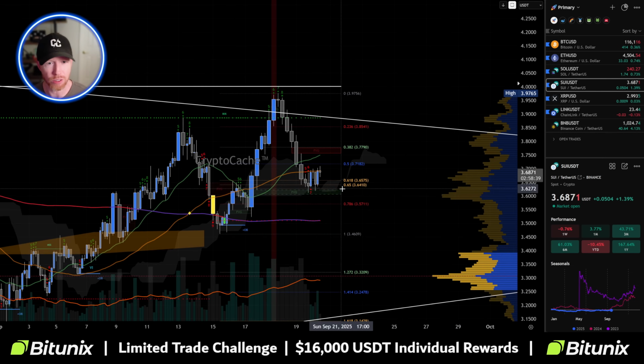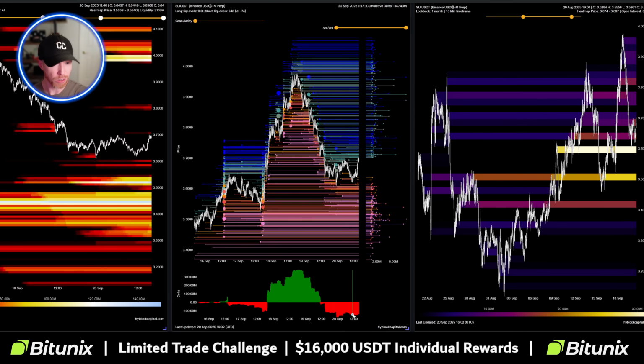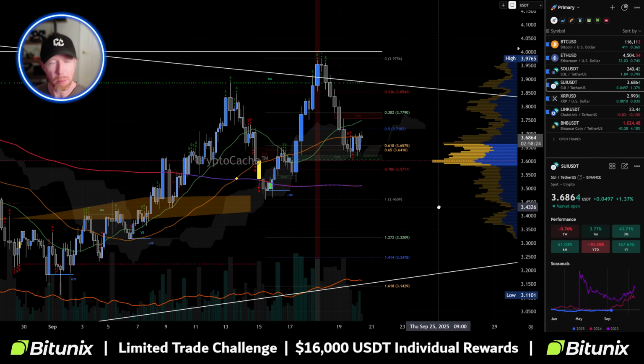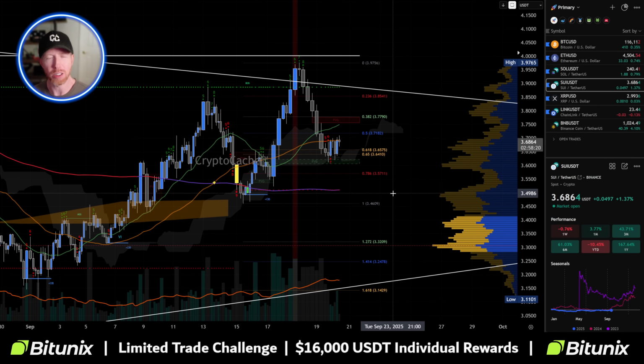That tells me that if you're going to take a long, it's inherently more risky. More specifically, the reason why is because there's more shorts than longs right now, and there's more liquidation on the downside at that 340 range. So if I consider a long on this coin, I'm going to wait to see a better price point. Between now and then, I'd maybe lean a little bit more towards a short.